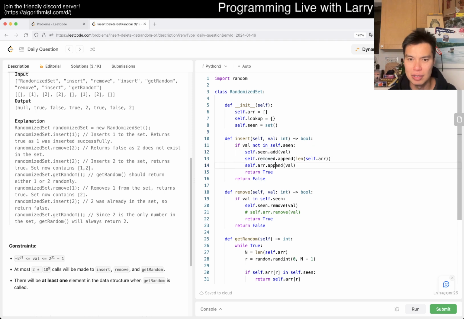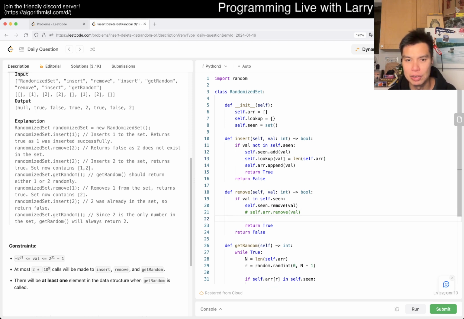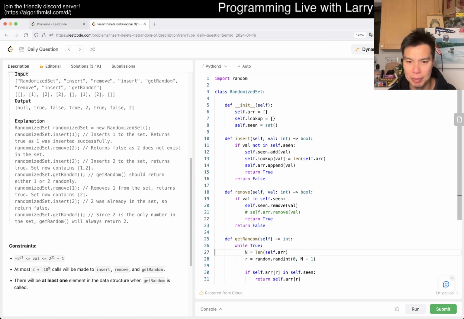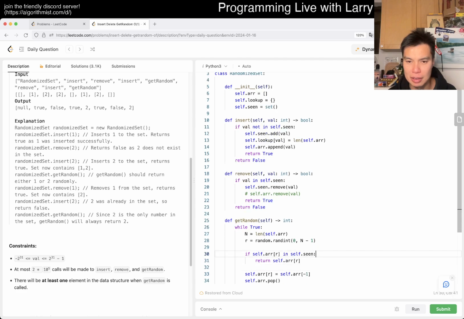And then now lookup of the value is equal to the length of the array, which is the last element to insert. And then here we want to do self.lookup. Oh no, the lookup is fine. And then now we have to, yeah. So basically we want to say that